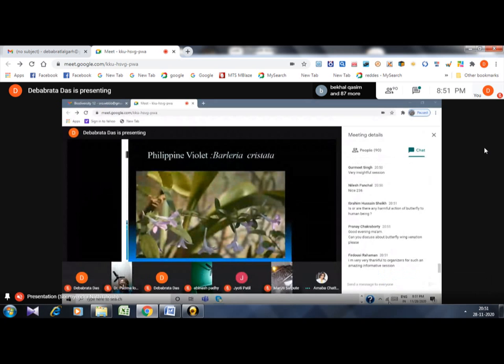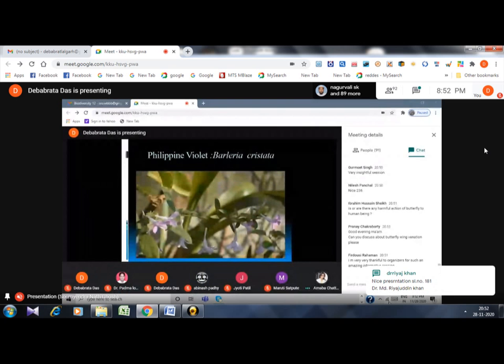Celosia cristata. This plant is very important for butterflies such as lemon pansy and yellow pansy. I have also seen the peacock pansy rest on this, and I have also seen the larva of the lemon pansy on this plant. So it can be said that it's both a forage plant and a larval host plant.